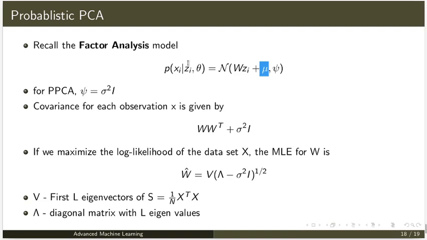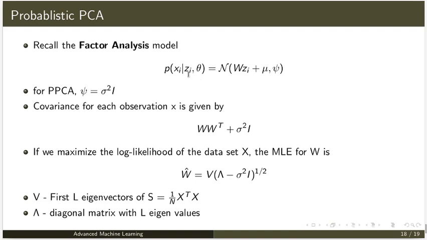In classical PCA, there is no probability associated with it. This is actually your factor analysis model. From the factor analysis model, if you apply psi equal to sigma squared I, and you say that this is mean centered, and W is orthonormal, then you can say that it is probabilistic PCA.